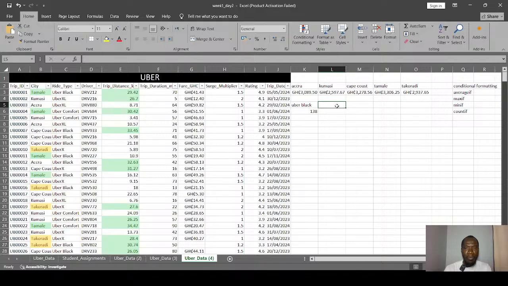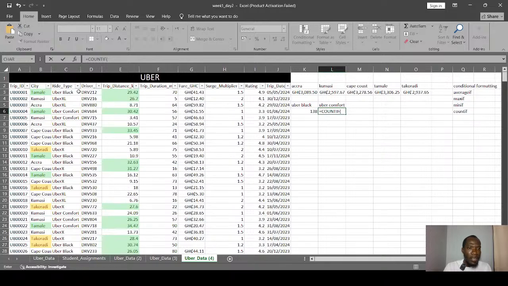Okay, all right. Since we've counted the Uber Blacks, let's also count the Uber Comfort, and then we'll move on to another thing. Let's count that as well. Equal to count if.